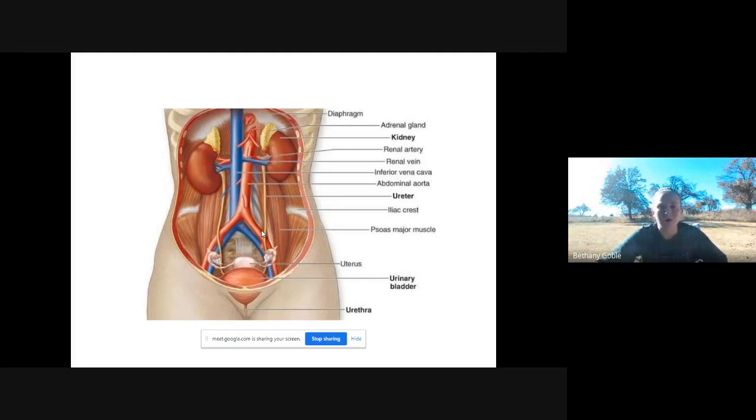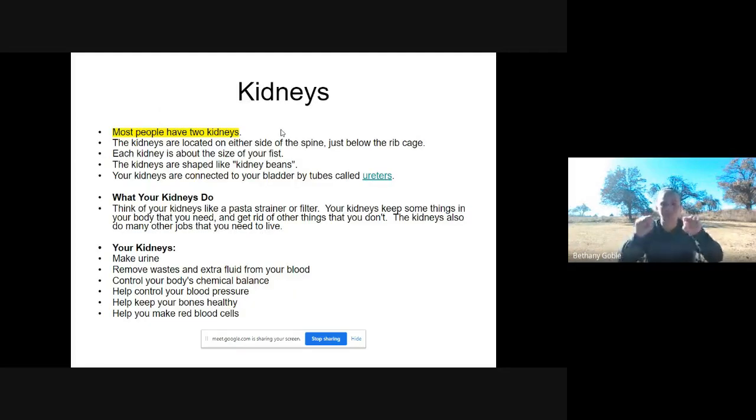They're located on each side of your spine. They're about the size of your fist. They call them kidneys because they're shaped like kidney beans. They're connected to your bladder. So like I said, when your blood needs to be filtered and cleaned out, one of the places it goes